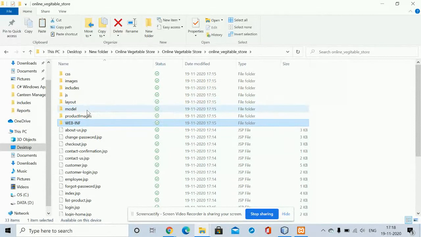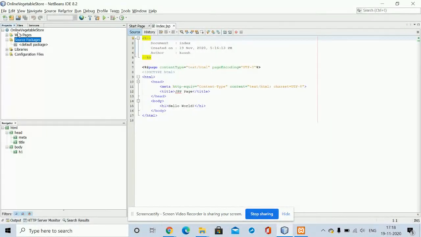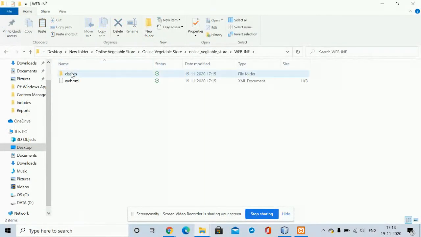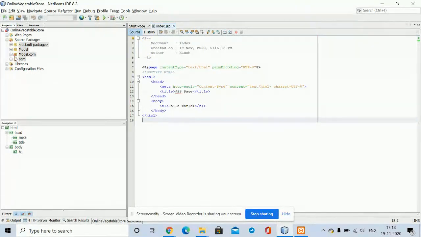You need to select all and copy the content except the WEB-INF folder inside the Web Pages, and after that the content inside the classes folder of WEB-INF will be pasted inside the Source Packages. Once you copy it, you will get an error. This one is saying that there is some error.